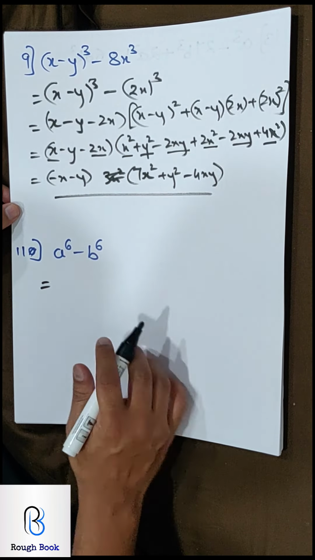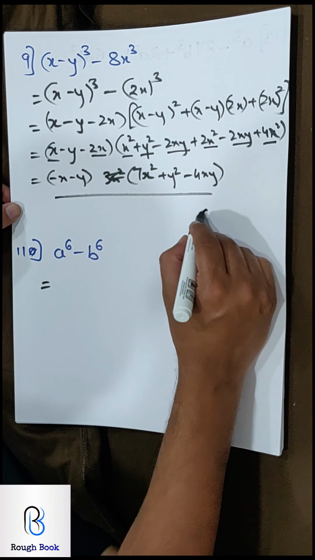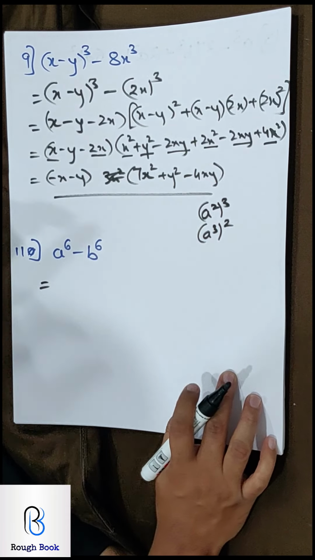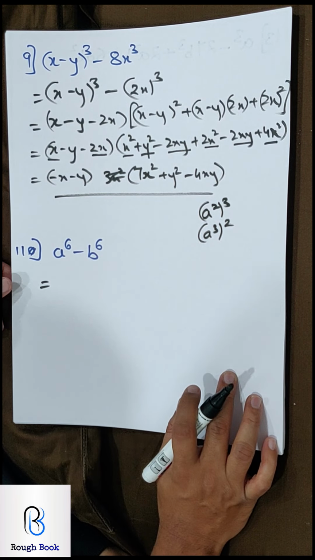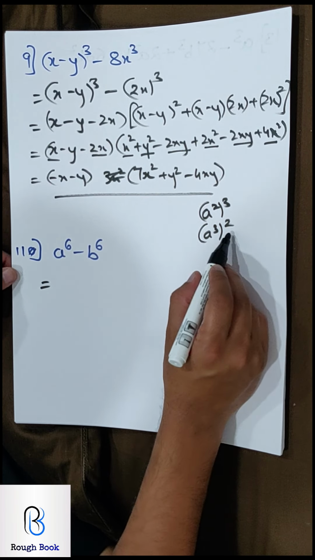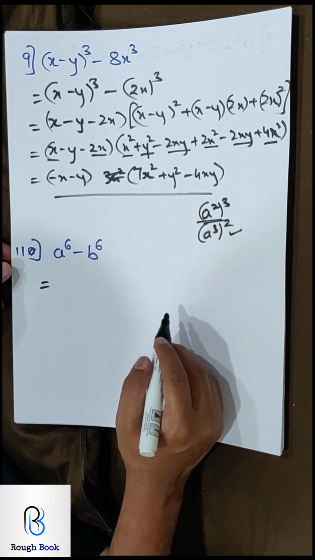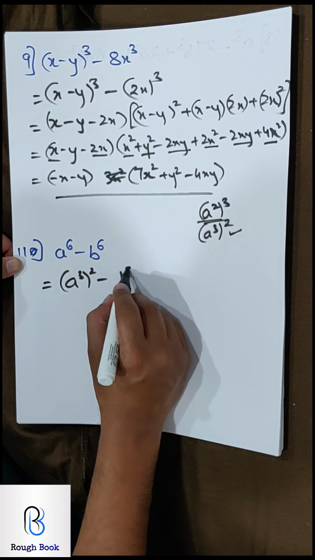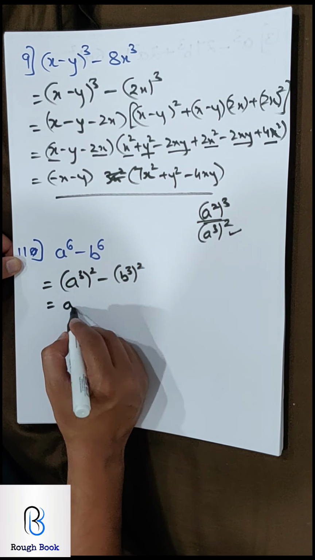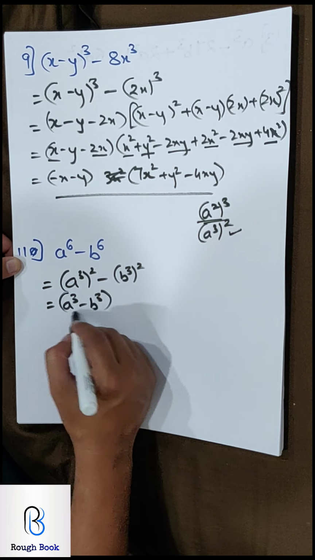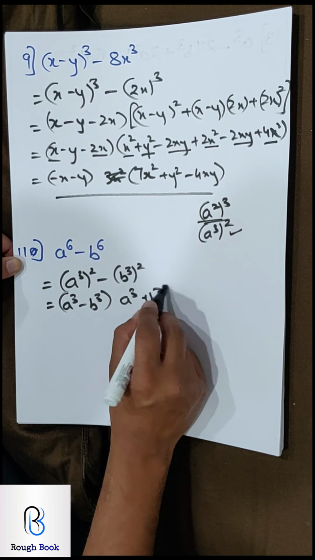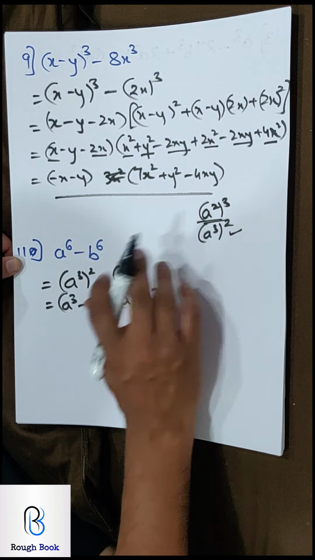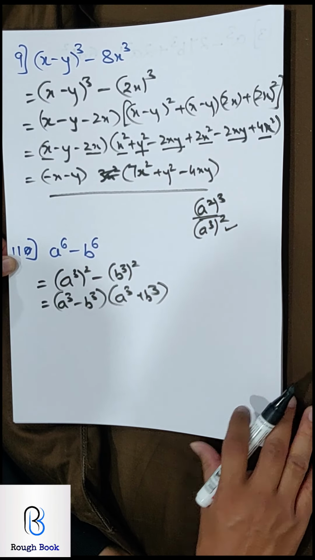Now there are two methods. Method 1, I can take this as a square the whole cube, or I can take it as a cube the whole square. Which one should I pick? If I take a cube the whole square, it's going to be simple. This is going to be tough. I'll show you how. A cube the whole square, b cube the whole square. So that will be a cube minus b cube, a cube plus b cube. Now apply the formula for both of them. Had I done this, it would have been very lengthy and difficult to solve.